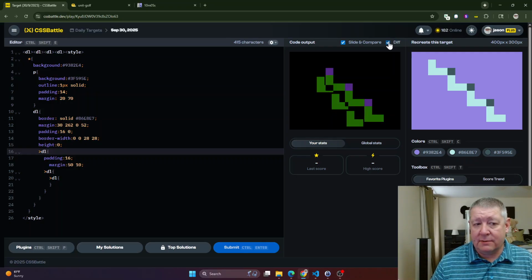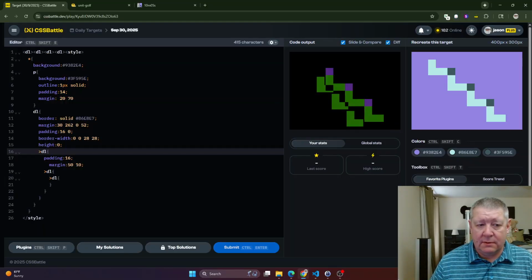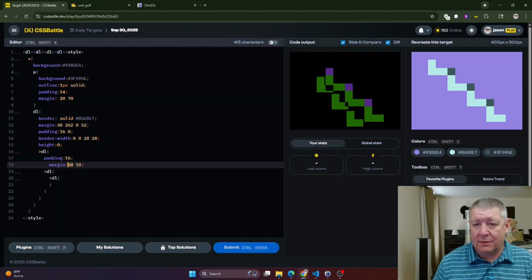Okay, the first one's actually in the right spot. This one needs to be a little higher, so its margin will be 45 and 30, 42, a little higher, 44,